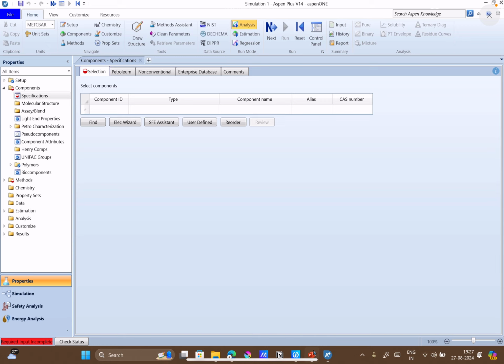I will suggest you try it out again with a fresh simulation, Shailendra Kumar, because of that it might not be working. Yeah, it's working. So you guys can try it out with the ethanol isobutanol example.